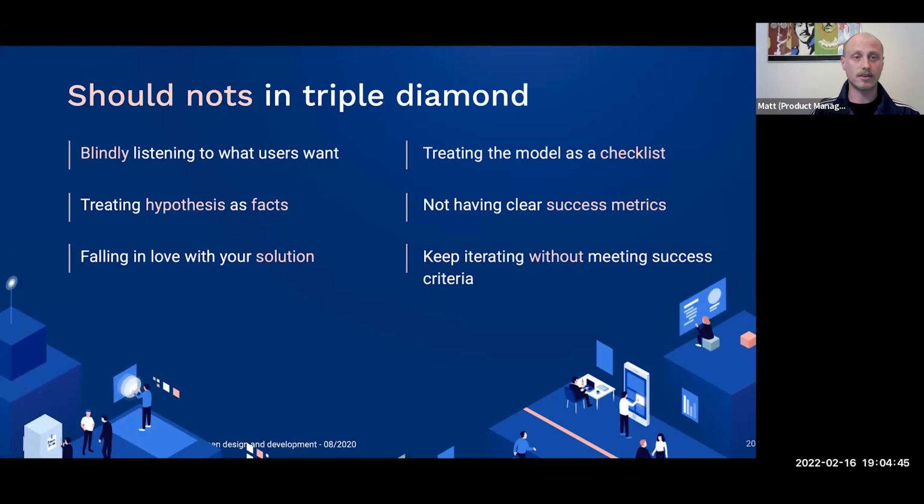As I said, also we treated parts of the model as a checklist. So we had problem definition, we created a document for the problem discovery, but it was a lot of checklist. We didn't have super clear success metrics. So, as I said, we crossed the data from different researchers and some data points, but there were no clear